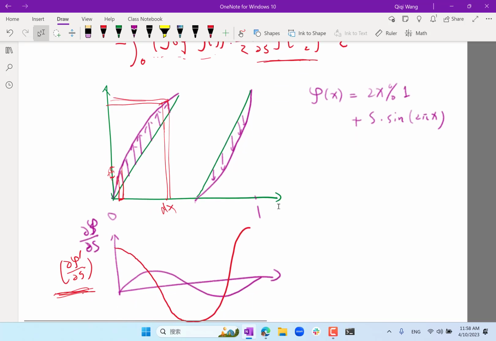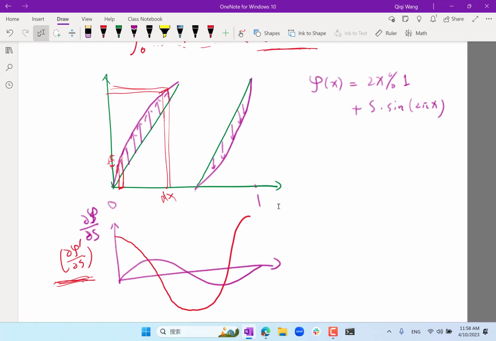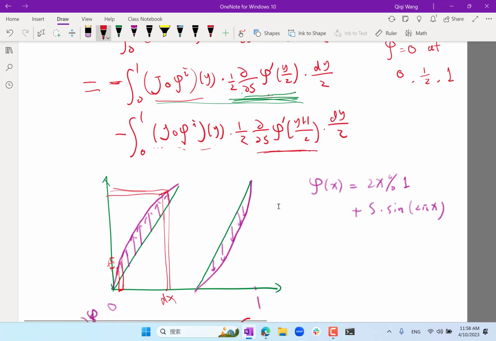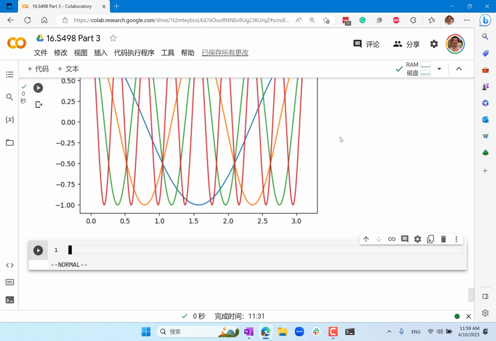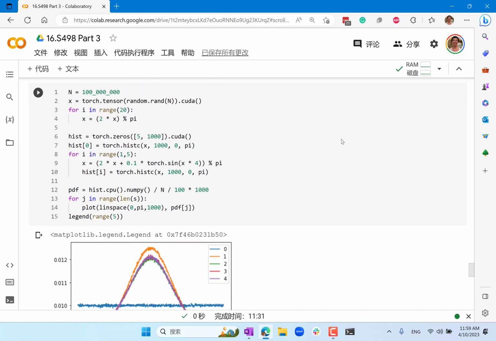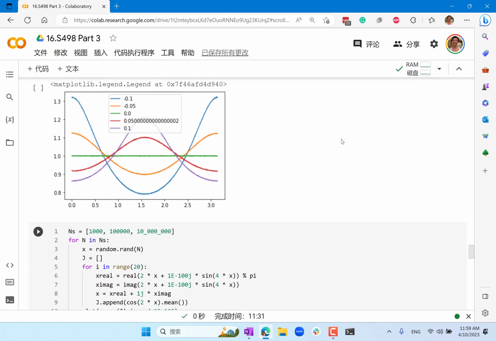So I'm going to be evaluating this at this location and this location, which cancel each other. This location and this location cancel each other, right? So basically, if you add these two terms together, this plus this would exactly cancel each other. So no matter what objective function I'm looking at here, this would be 0. Okay, so that is why, you probably don't remember anymore, but we were looking at,